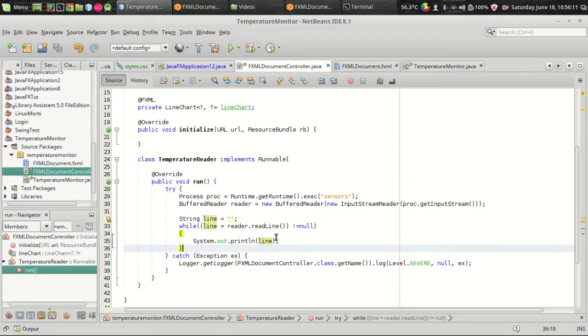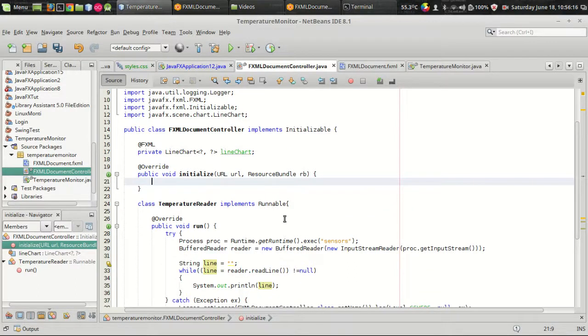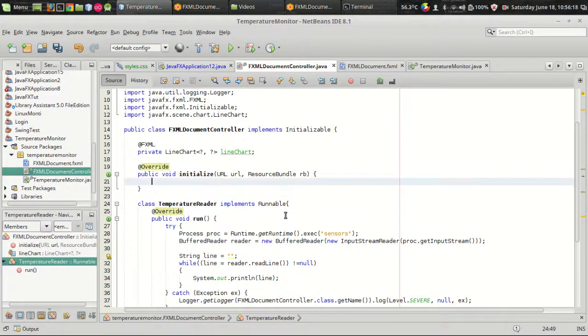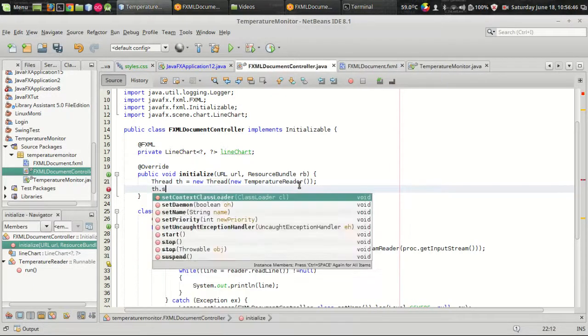So that's it, that's pretty much. The next thing we have to do is create a new thread and associate an object of this Runnable class, and that can be done using Thread th is equal to new Thread. This is not necessary at this level, but we have to do this when we are using user interface components like the line chart. So th is a new Thread, and I am giving a new object of this TemperatureReader class, and let us start the thread